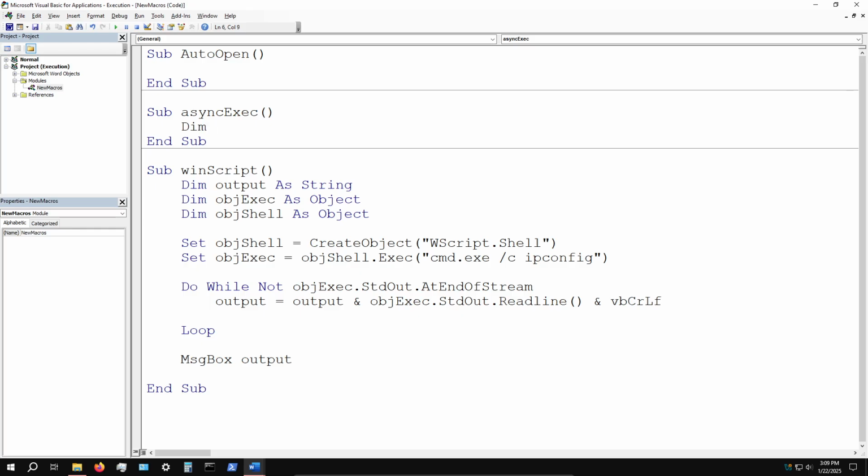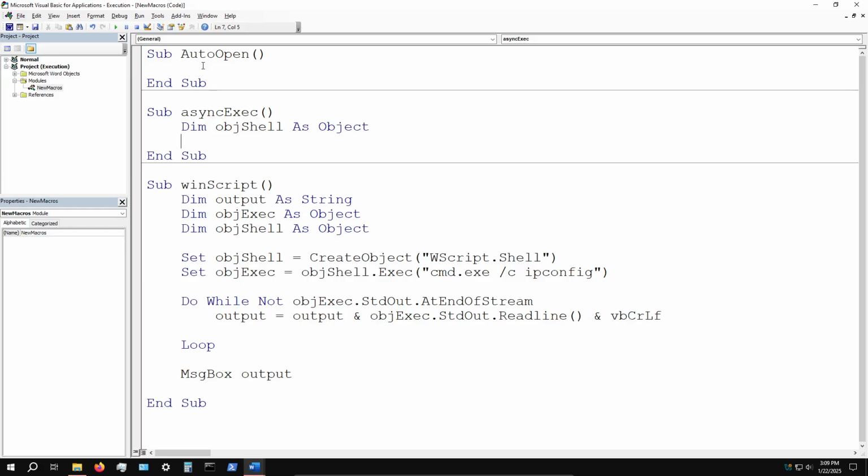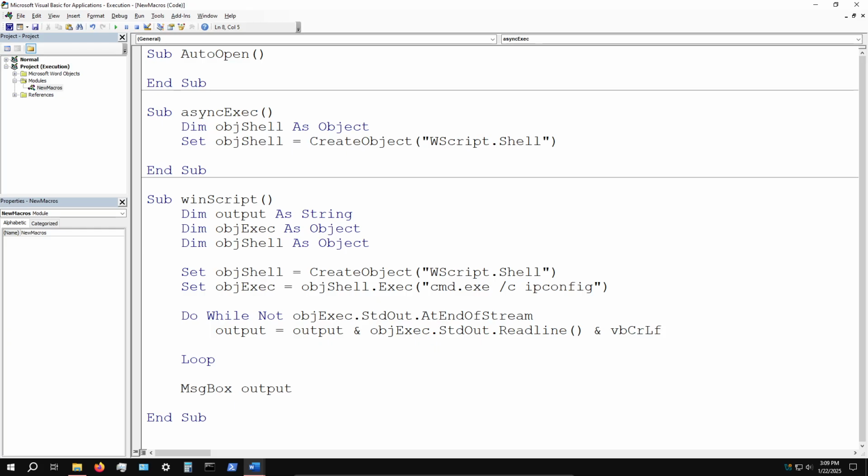So we can say dim obj shell as object, and then set obj shell is equal to create object, and we call the class string WScript.Shell. As for asynchronous execution, I think I already highlighted it, but obj shell.run, and then notepad or calc.exe,